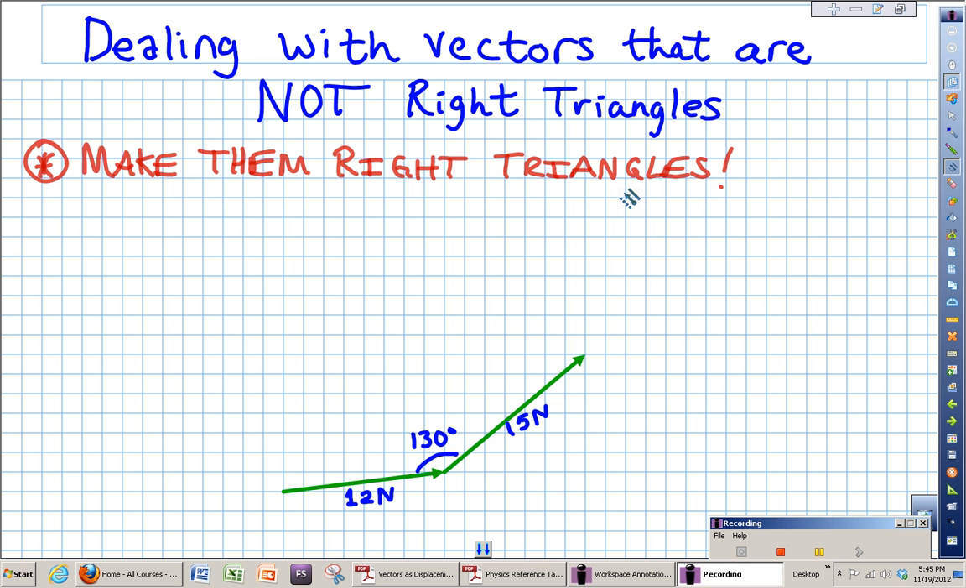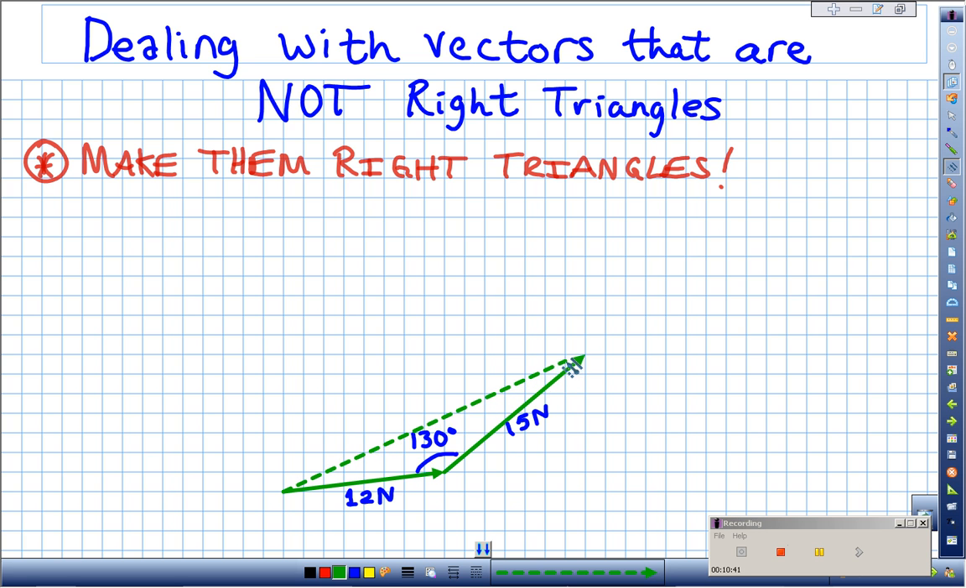So I'm going to take this, and I can draw in the resultant without even having to calculate anything. I just know that it's already done tip to tail for me, so the resultant will look like it goes from the tail of the first to the tip of the last. And then, to make this a right triangle, what I want you to do is just see that if you were to extend this vector